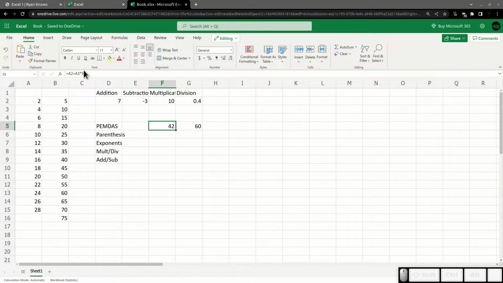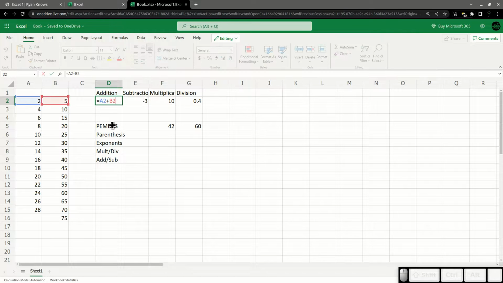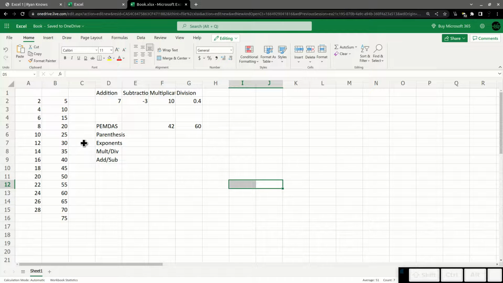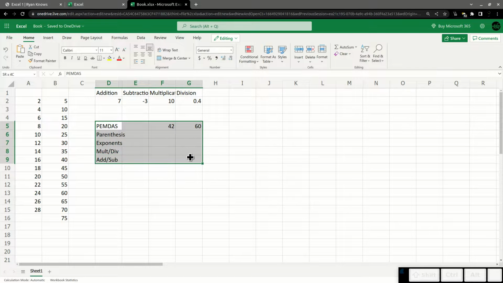So, I'm going to grab all of this. I want to move it out of the way, so I'm going to select this cell, and while it's the thick plus, I'm going to grab and drag and select this whole thing, so I now have a range.